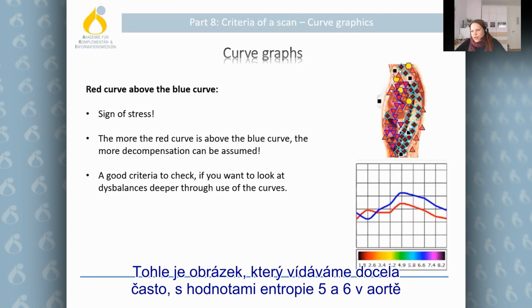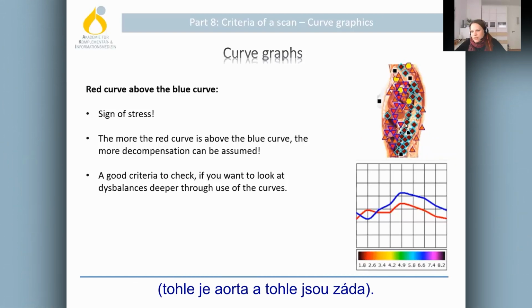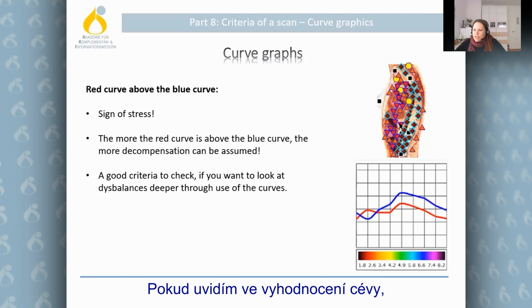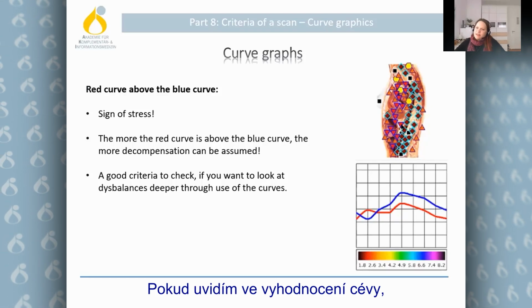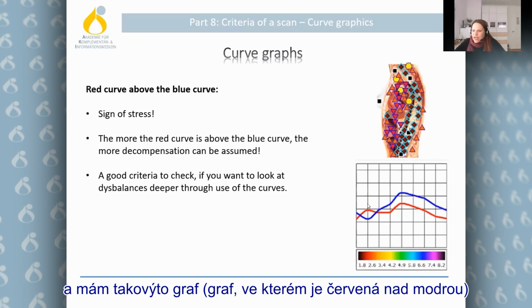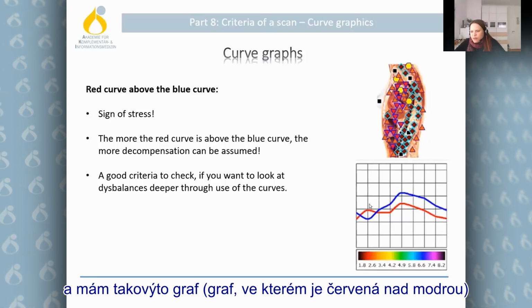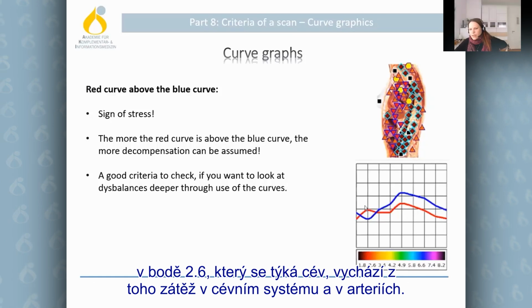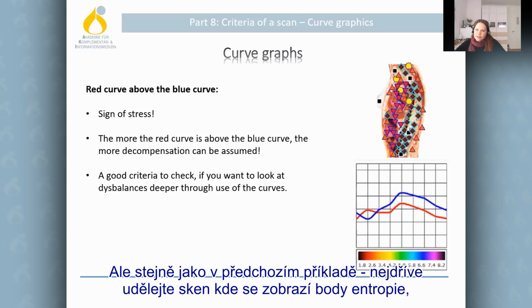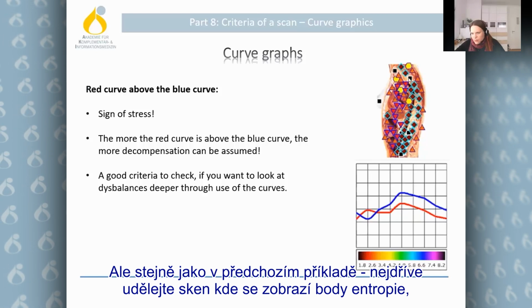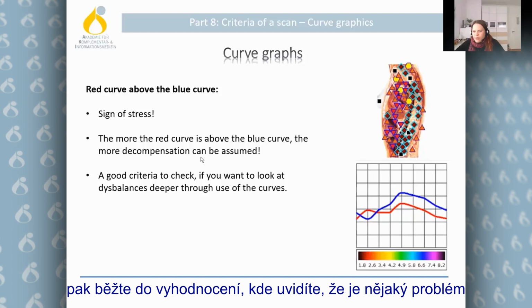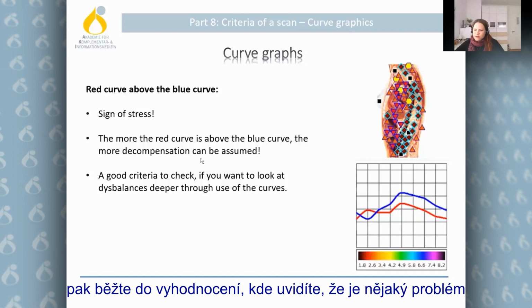This is a picture we have really often with a 5 or 6 in the aorta, so in the vessel. So this is the aorta, and this is the back. And when I have the vessels listed in the evaluation, and I have a graph like this, red above blue, at 2.6 where the vessels are, I know that there's stress in the arteries, in the vessels. But also the same as the first graph, first you do the scan, maybe you see the entropy points, you go to the evaluation, you see that there's something with a